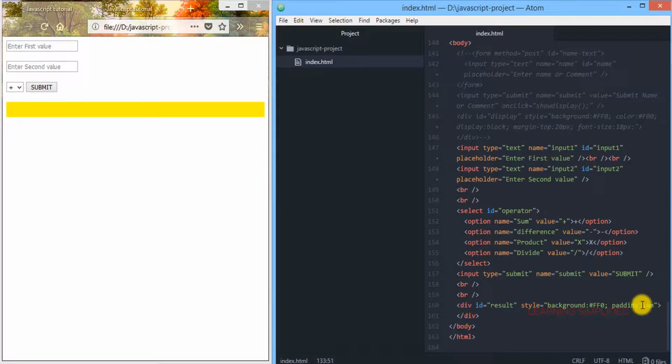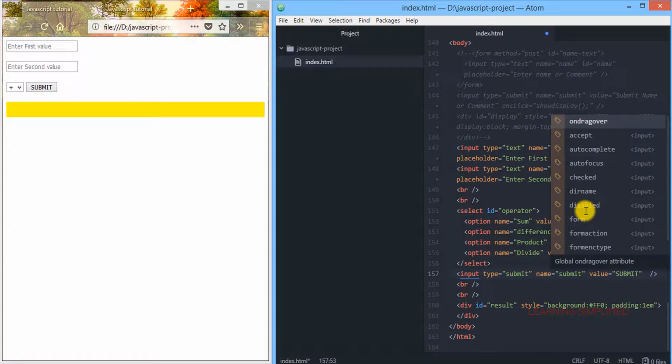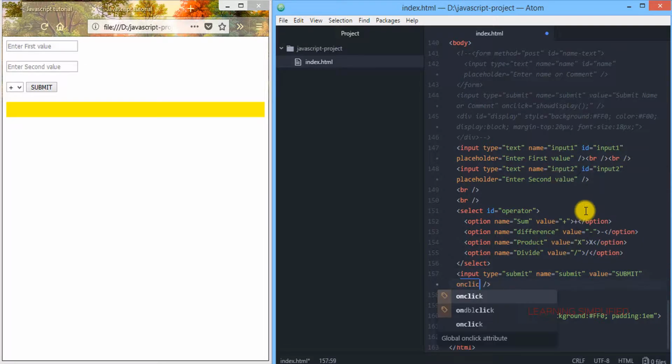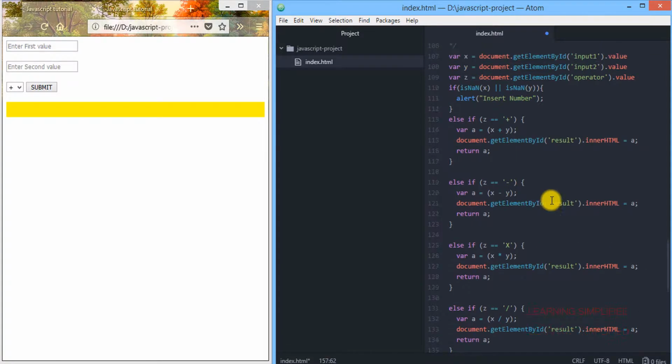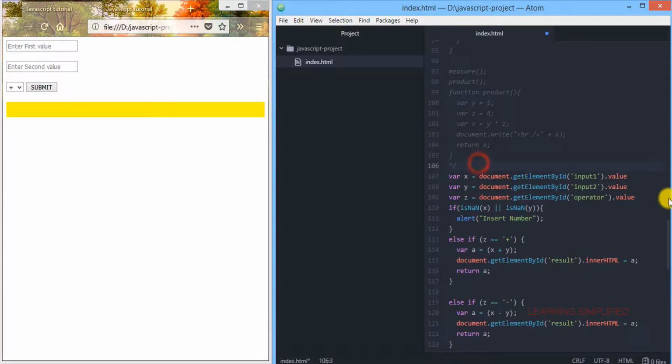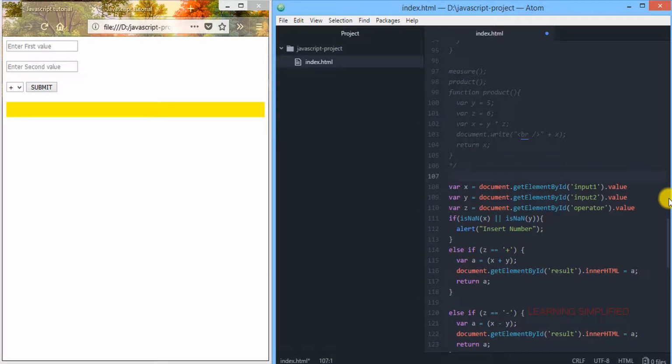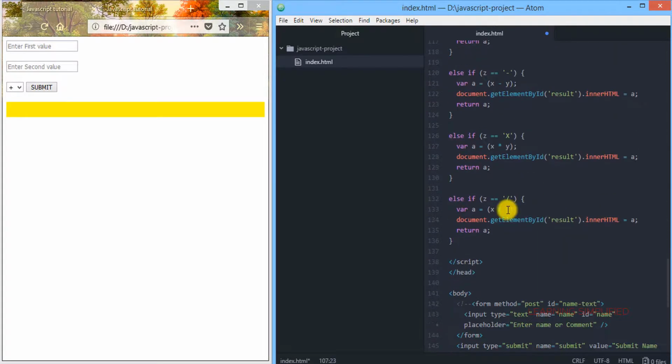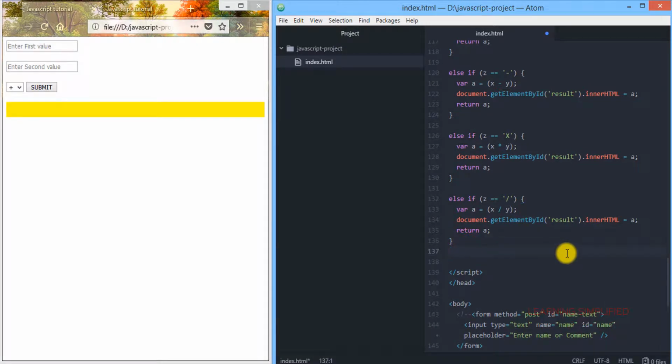The rest of the things that remain is to come back into your input type submit, and here we are stating onclick. What will happen on click? Have we created any function? We haven't created any function. So this is the thing that we need to do first. Create a function. What should be the name of the function? Of course it is calculator, and it will be without parameter, and everything will be inside.